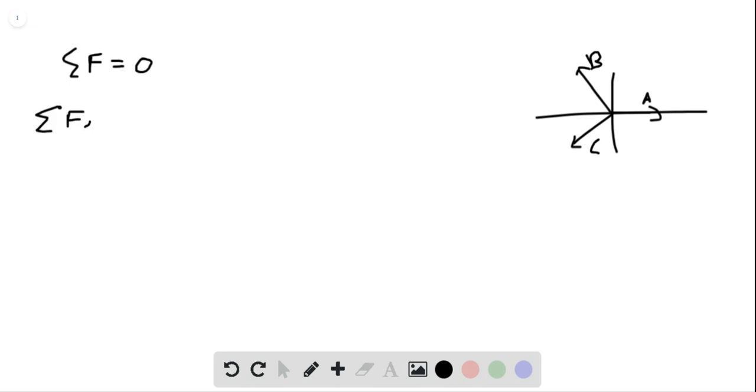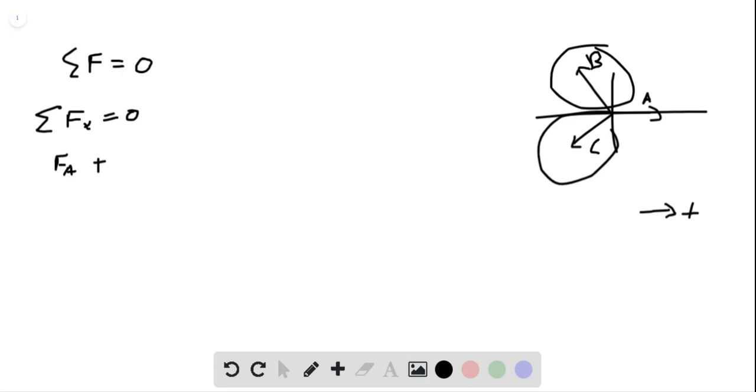So we know that the sum of the forces in the x is 0, and now we want to look at our diagram and essentially just plug in stuff to the left side. So we want to add the forces up. If we call the right direction, to the right-hand side, the positive, then A is going to be a positive force, and it has no angle associated with it off of the positive horizontal, so it's multiplied by cosine of 0, which is just 1. So you'll just have FA as the first part, and then we want to add 2 other forces. These forces are kind of in both x and y, so they're going to show up in both equations, but